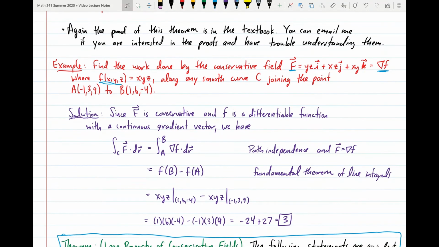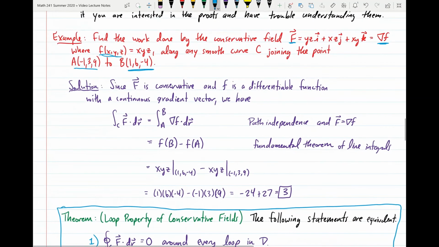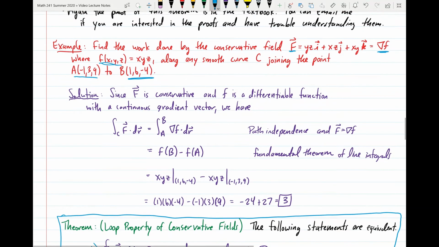And we want to find the work done along any smooth curve C that joins the point (-1,3,9) to (1,6,-4). Okay, so since F is conservative and f is a differentiable function with a continuous gradient vector, we have that